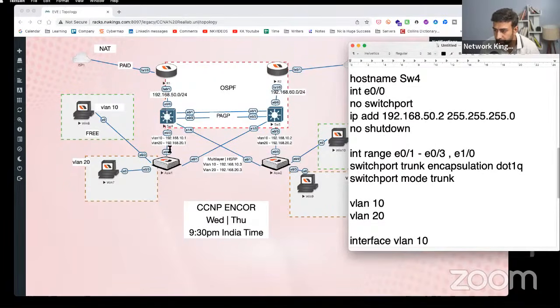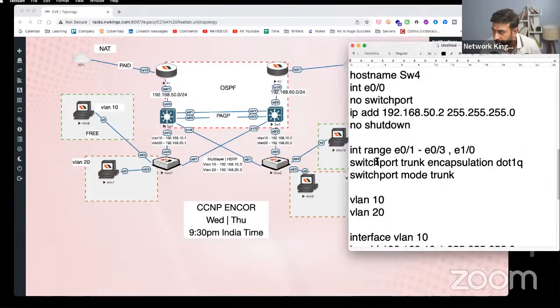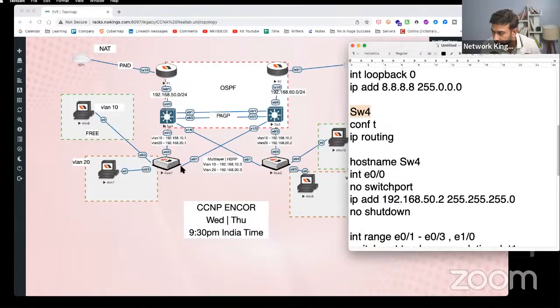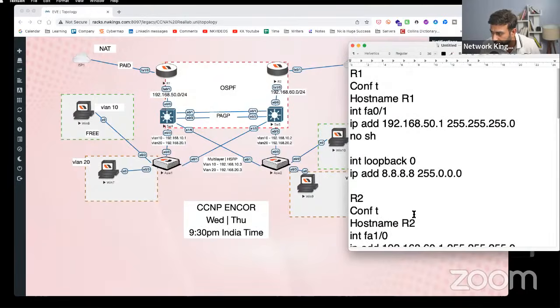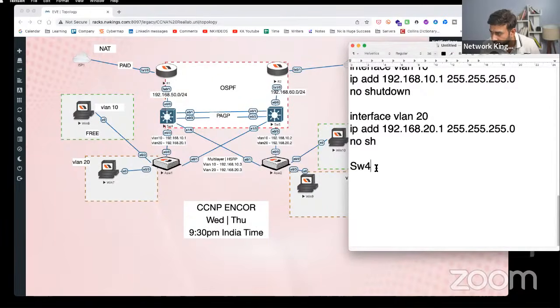Okay, so that's simple. And if you go and check the ASW1 switch, this is ASW1. So if you check ASW1, here also these two ports are trunk. So config t, interface range E0/0 - 1, switchport trunk